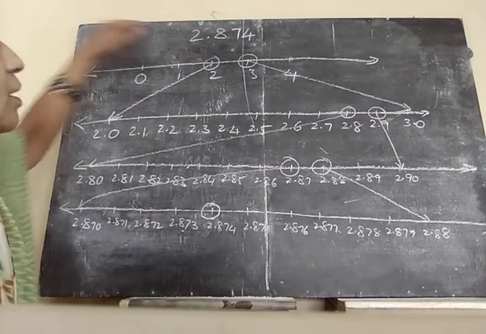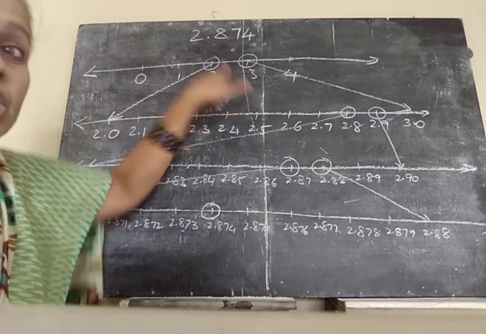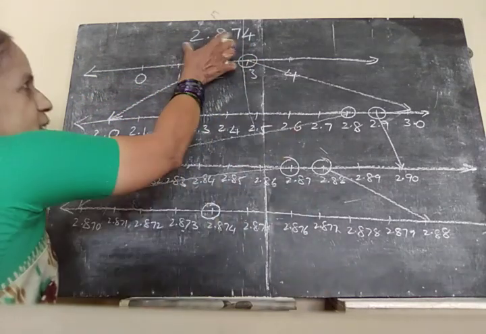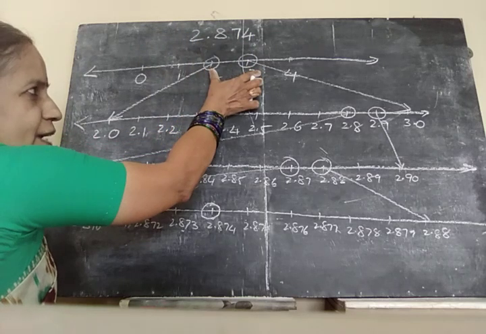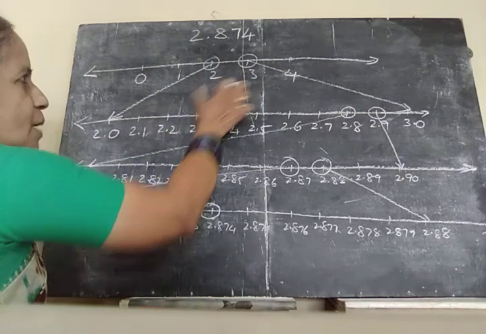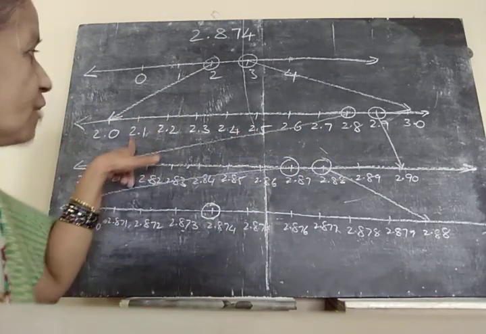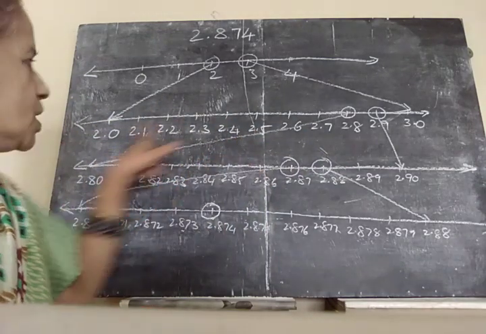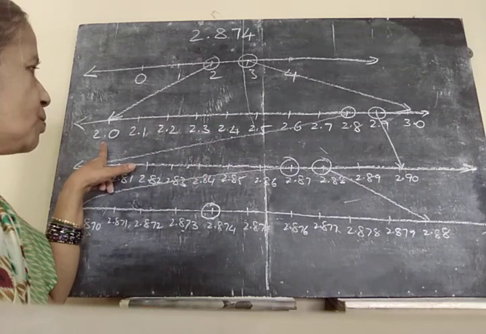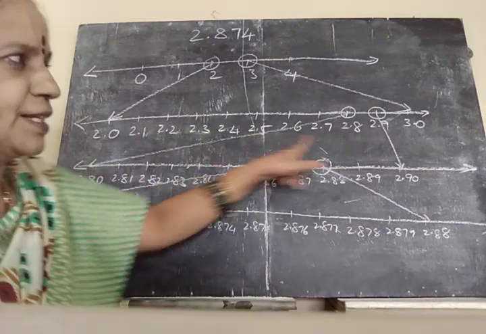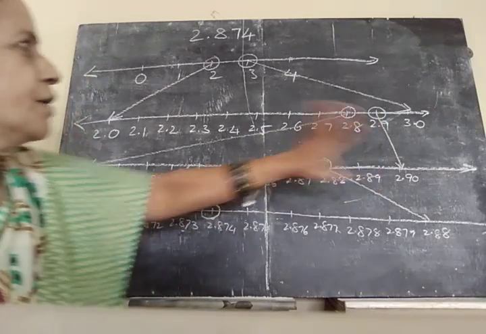First step, you have to find the number is in between which two integers. Find first this is in between which two integers. Write like that, first step. And second step, expand 2 and 3 with one decimal number. So with one decimal numbers 2.0, 3.0, between 2.1, 2.2, 2.3 like that, you have to expand the number line.